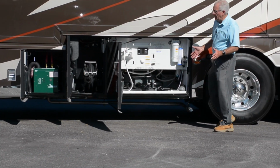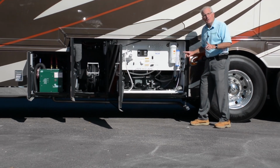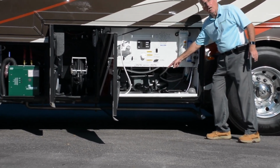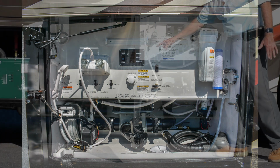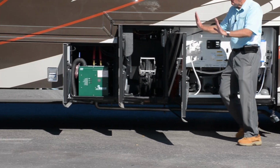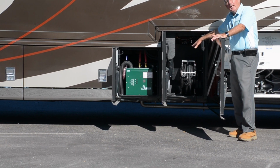We're now on the driver's side of our Mountain Aire, and we're at the outside shower area, and it features an optional upgrade to the RV SaniCon waste disposal system. It also has a water filtration system for the entire coach, and there's a power rewind freshwater reel here in the outside shower. Moving over, we've got 50 amp service, and it's offered with a power rewind reel, and adjacent